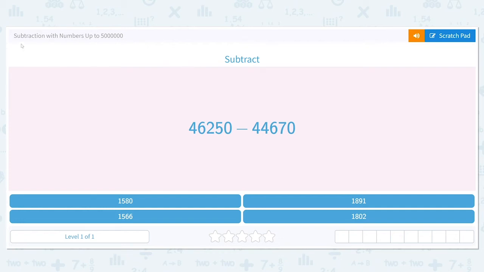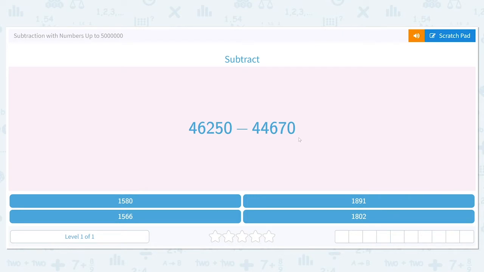Let's get started working on subtraction with numbers up to 5 million. We want to subtract 46,250 minus 44,670. And we have four choices of 1,580, 1,891, 1,566, and 1,802. Now, when we subtract large numbers like this, it's going to be especially important that we remember